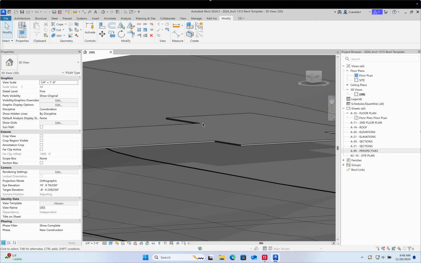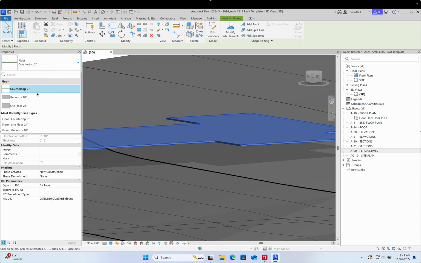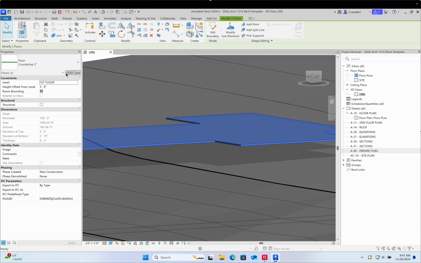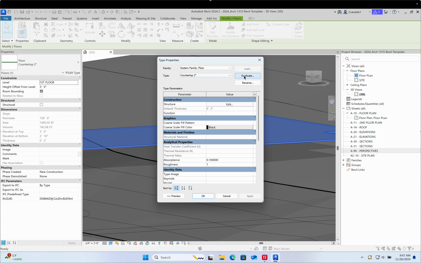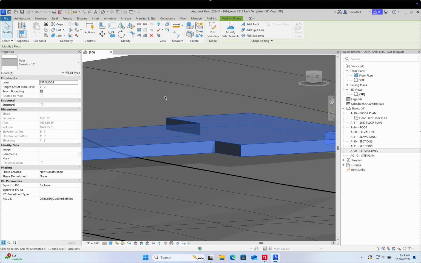I can't just type in what though, right? I have to click on the object, and we get, again, a change properties bar. One of the first tools you'll see is that, in my case, I loaded a bunch for you. Again, you'd have to make all these by hand, or rely on your firm and the components that they want you to use. In my case, you guys are part of my firm and have a bunch of preloaded documents. Now, I only put 3, and to be fair, you can make more, right? You can duplicate and of course make another one if you must. But in my case, I'm just going to use a regular generic 18 inches, and it's even going to change